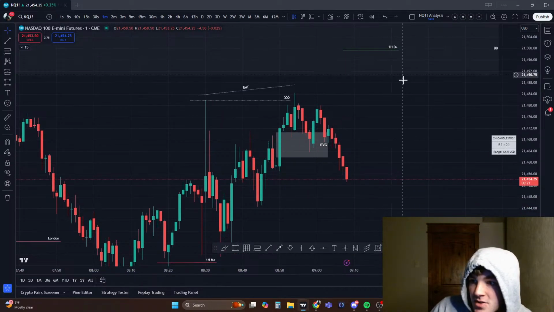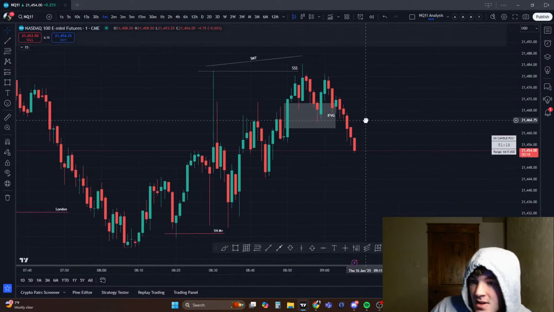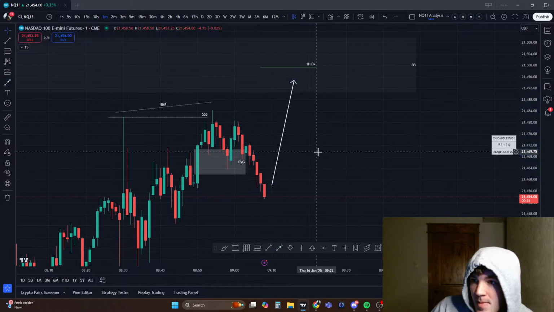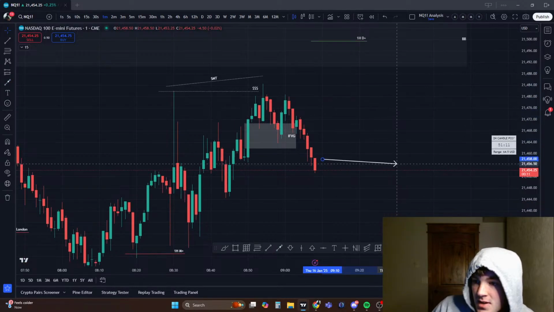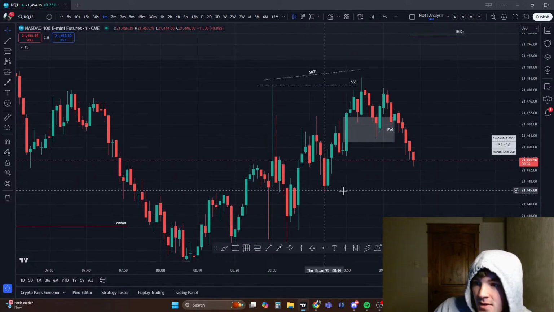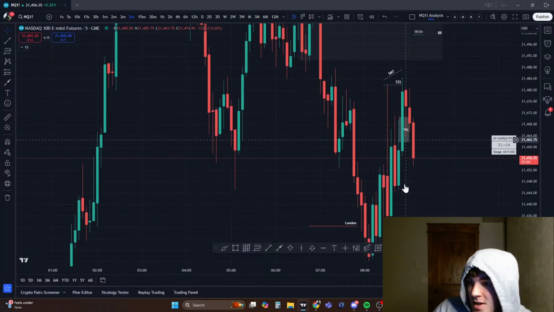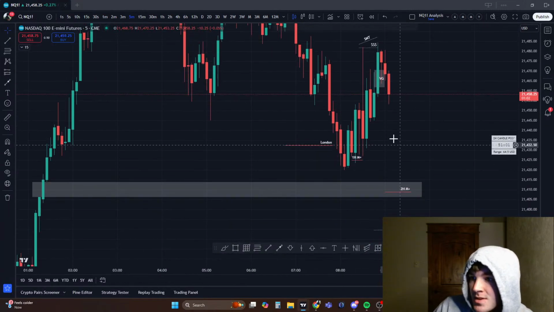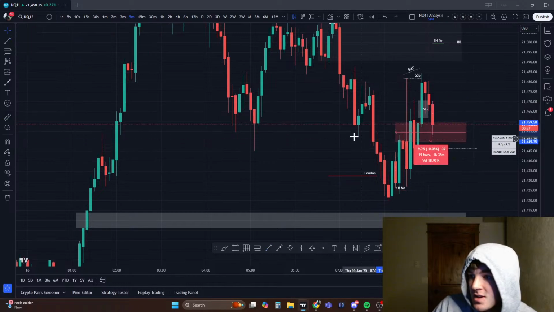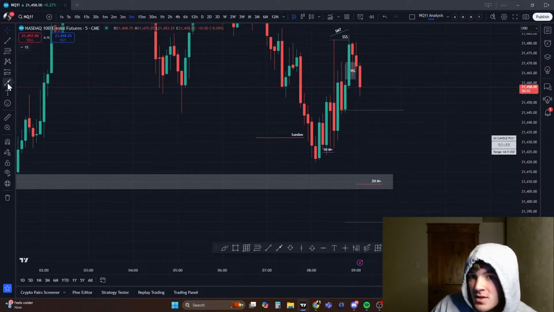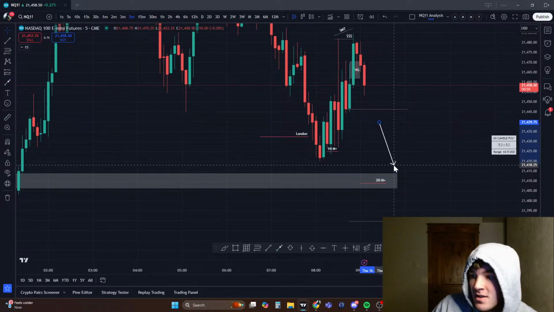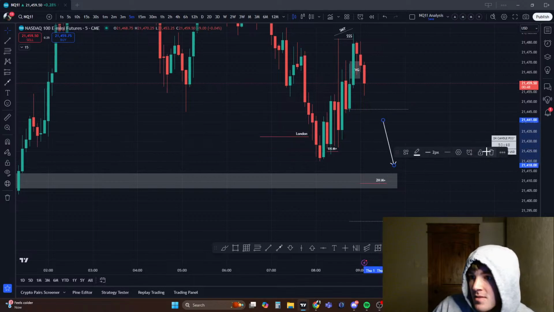also the 1 hour distribution level's there, right? So let's say this inversion fails and we go here, I wanna be prepared and then take it. I don't know. But there is SMT, so it might not fail. But essentially what I'm trying to say is I'm probably not gonna take a trade until we get a 5-minute change of state delivery, and then I'll just shoot for 1-to-1 to just go run these lows here. Cause I don't need a lot. I just need to hit a 1-to-1 and I'm good.